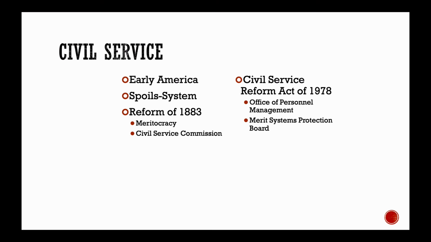So there were times in which presidents, particularly during the mid-19th century, were appointing 5,000 and 6,000 people, right? Today, the president only has the power to appoint around 1,500 people. So it's just a huge amount of people. So the reform begins in the 1880s.